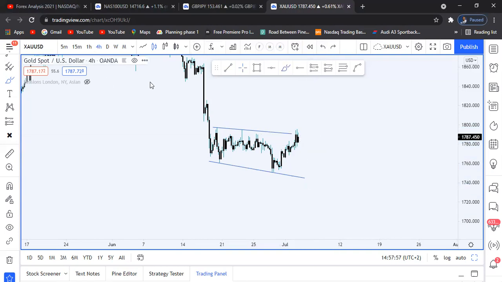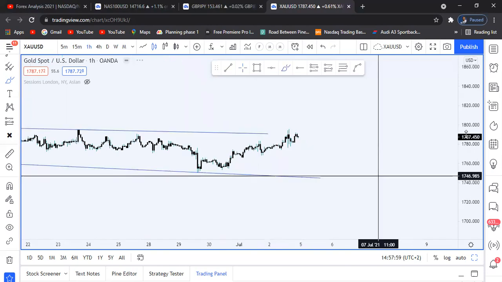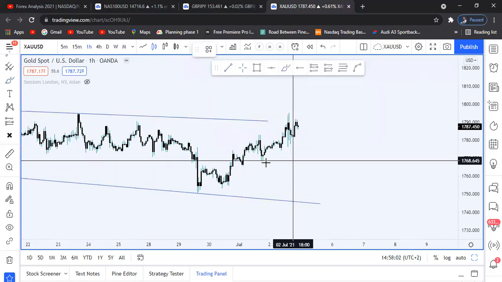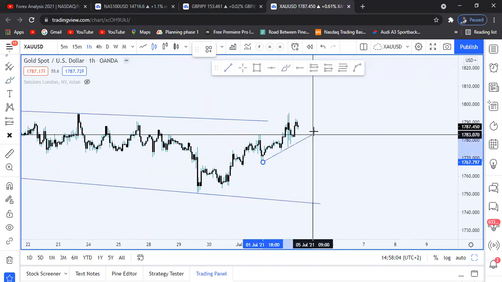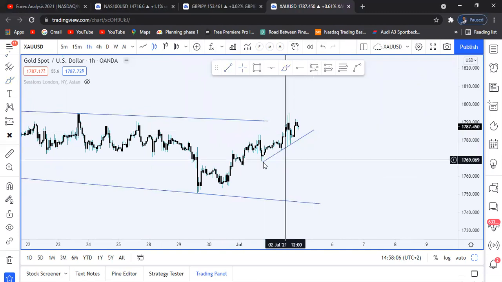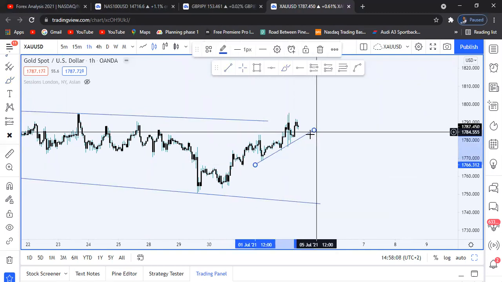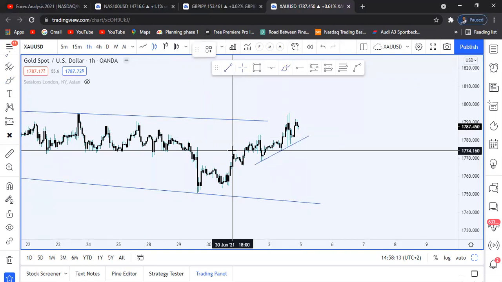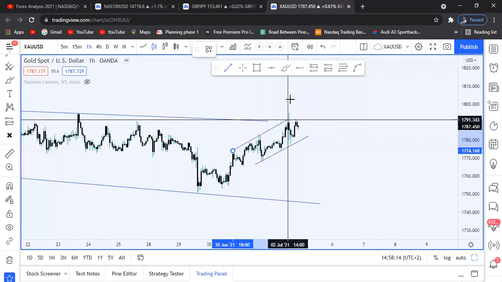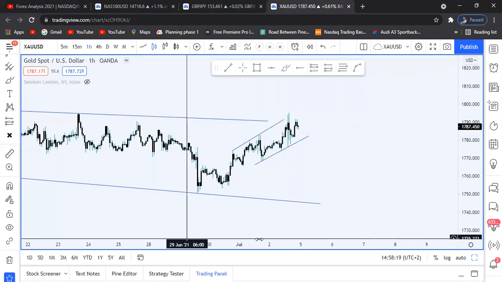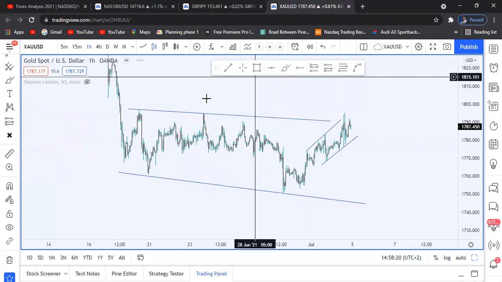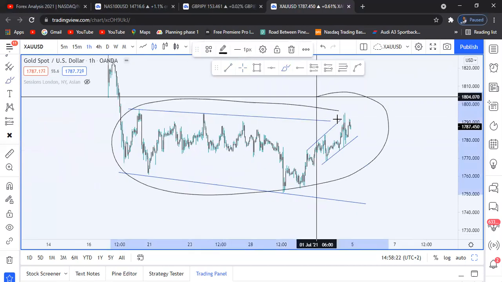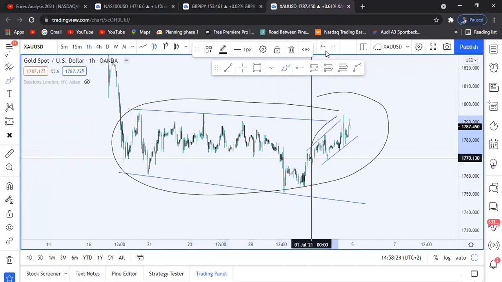But without further ado, let me just drop down to my daily time frame. So guys, what I'm basically doing here is what is called top-down analysis. I'm breaking down what I'm looking for in the next coming week on gold. You can see, guys, that we have these touches as well as this pattern inside pattern. Remember, this is the overall pattern here. But what we see is price creating this pattern inside pattern.